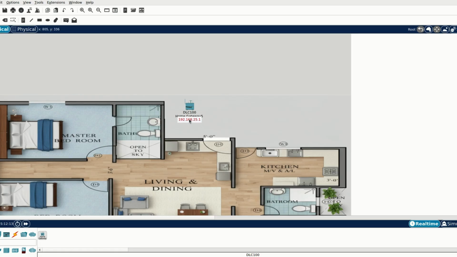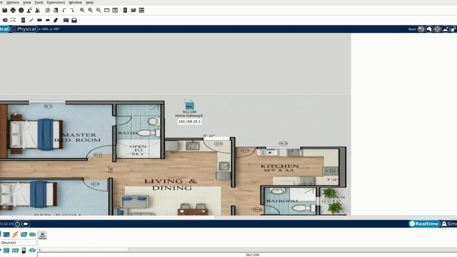Okay, the next thing we need is a smartphone to control all our IoT devices. So we are taking a smartphone, and open it in the config settings. In wireless settings, I have to change its SSID to home gateway. Okay, now it is connected, and now we have to open its web browser,